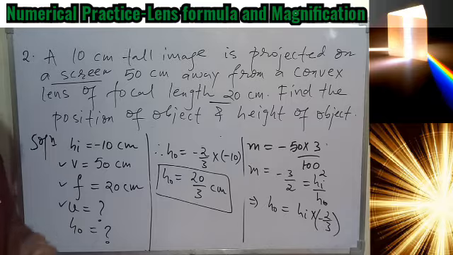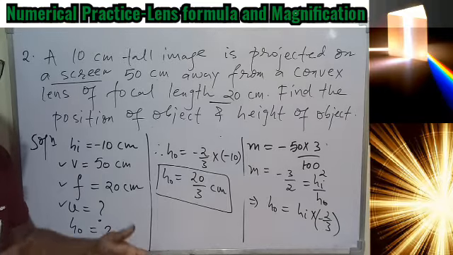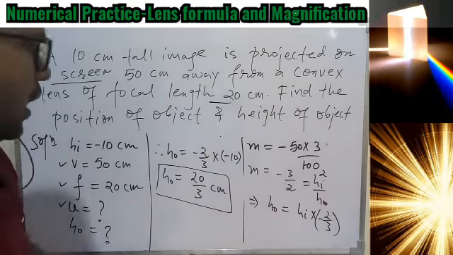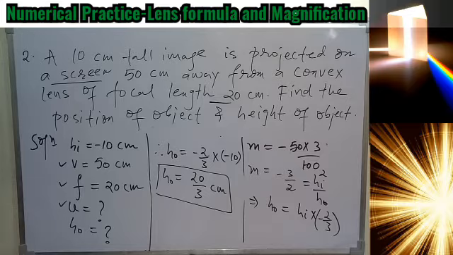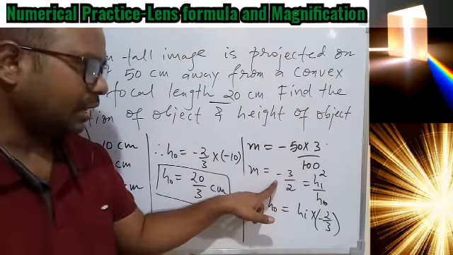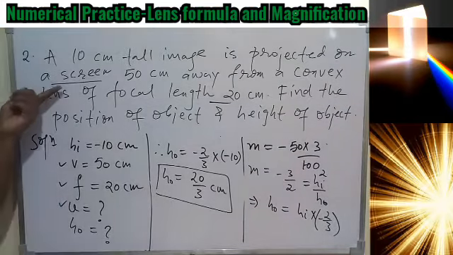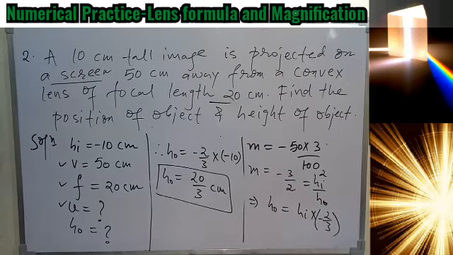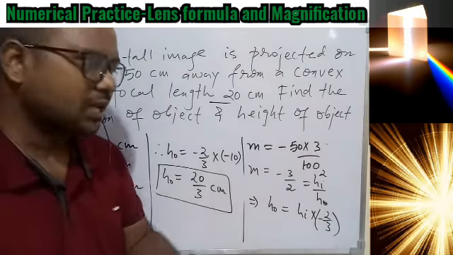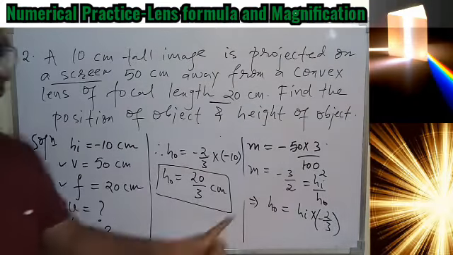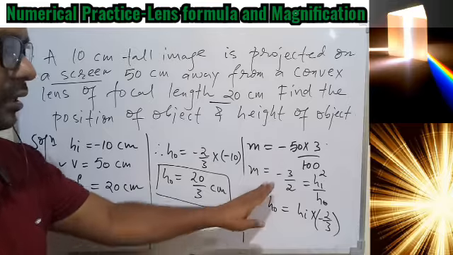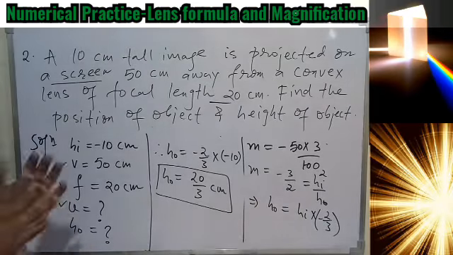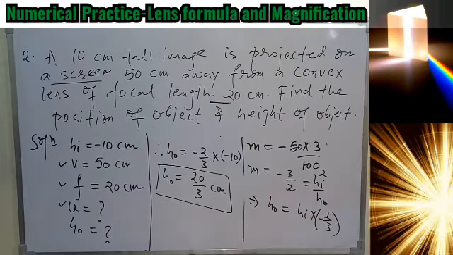It must be positive because we know the condition we have, object is placed upright all the time, and magnification we are getting minus, which is negative. Why? Because we know the image is real, which is forming on a screen. So always check the answer if the answer is according to the statement given to you, and from here we are able to understand that the negative magnification shows that the image is real. So I hope you understood this numerical also.